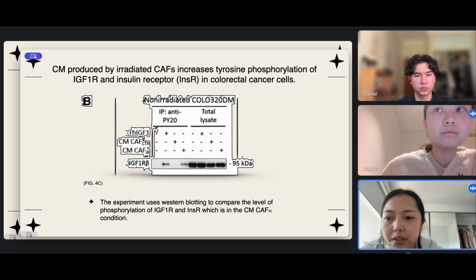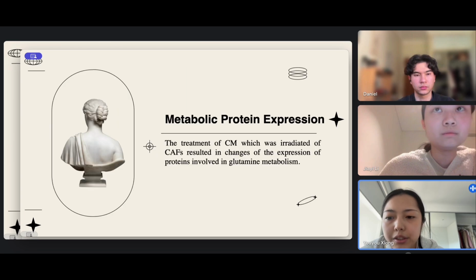The intensity of the bands corresponds to the phosphorylation level. So under the CM-CAF-IR conditions, increased band strength of the phosphorylated IGF-1R and INSR indicated increased phosphorylation. And then turning to the third key finding, the treatment with the CM from irradiated CAFs resulted